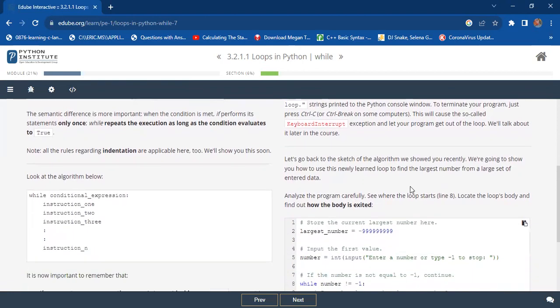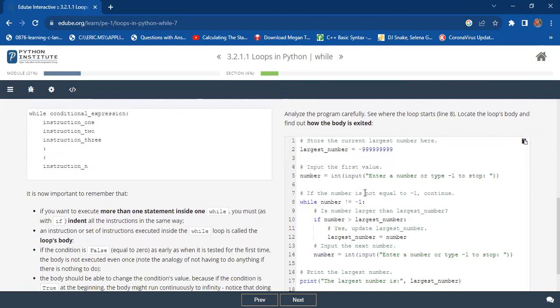Okay, let's continue. This is an example of a while loop now. For example, the largest number is negative 99999. And then you tell the user to input a number. And then after the user inputs a number, remember when a user inputs anything, it is in string format. The type is string. So after the user has input a number, it is changed into an integer